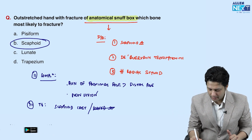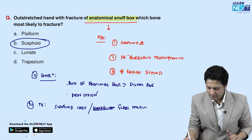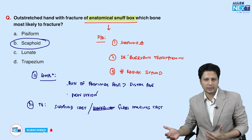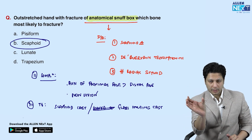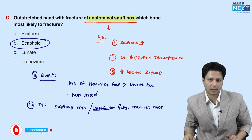It is the glass holding cast. So everything we have already talked about, like why is it called the glass holding cast? Because of the immobilization of the wrist in dorsiflexion and the immobilization of the thumb in abduction. So it gives it a position, it gives it a shape as if you are holding a glass,